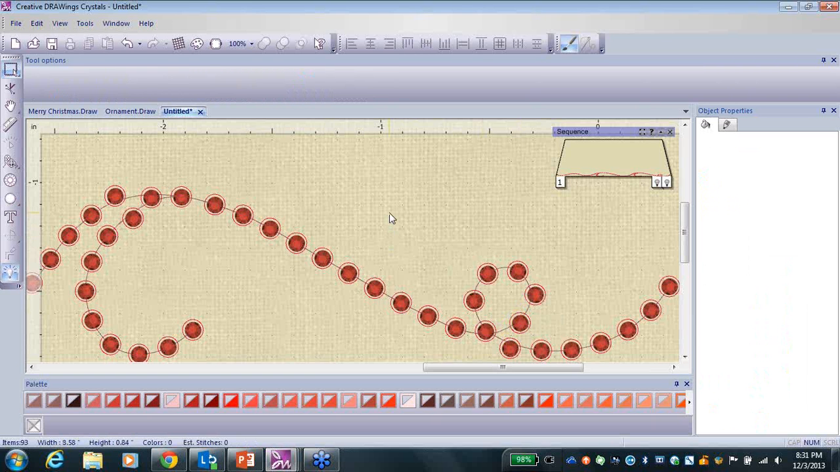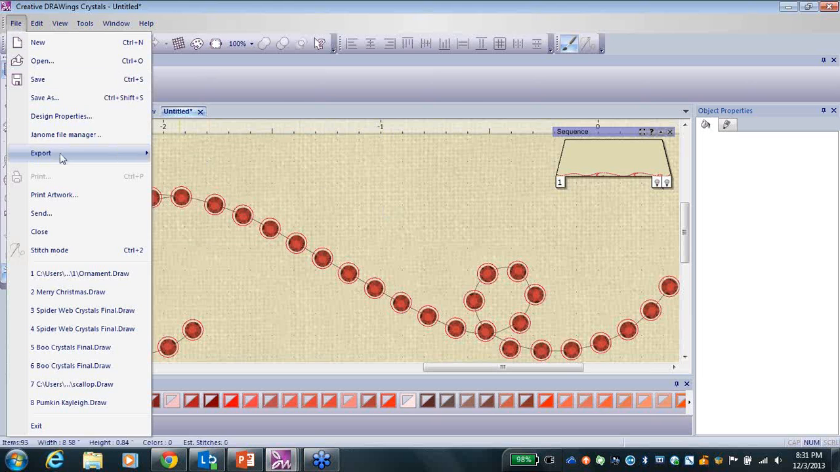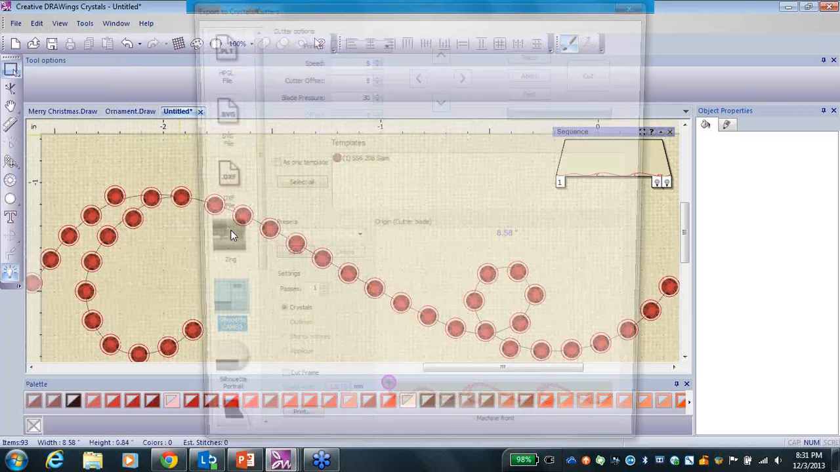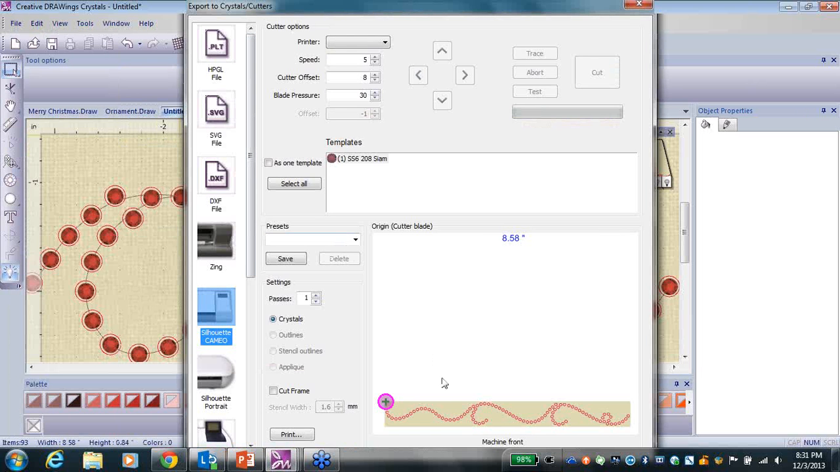So this time we're going to put our crystal template material onto our sticky cutting mat and make sure our cutter's connected and on. We can load that sticky cutting mat into the cutter, and we're now going to go up under File, Export to Crystal Cutters, and you can see our design down here at the bottom. Again, we would choose our cutter. This time I do want a cut frame. I do want 2 passes,